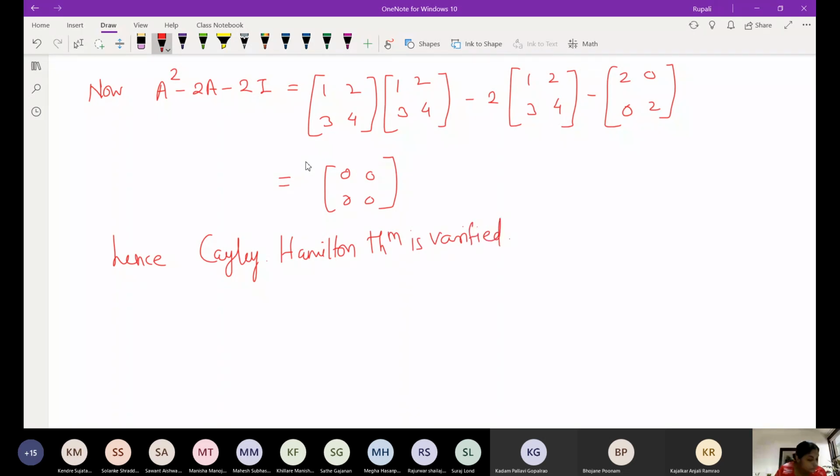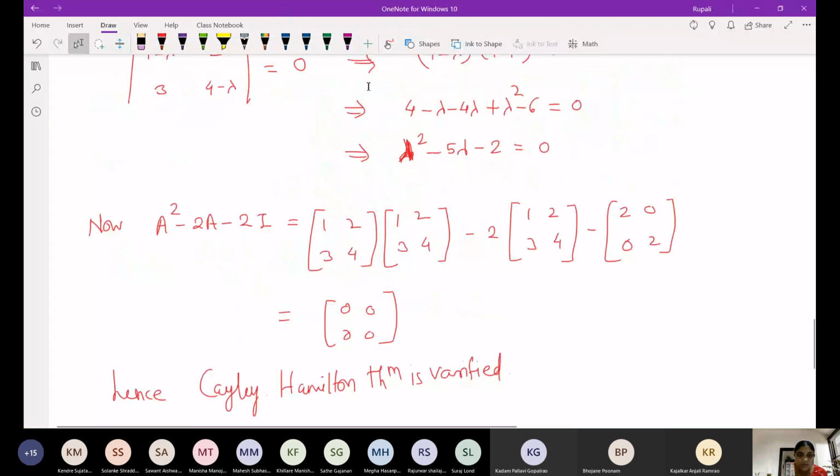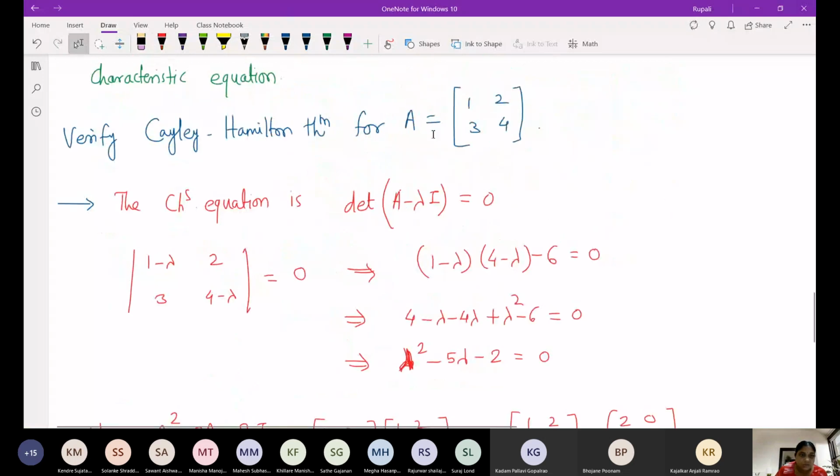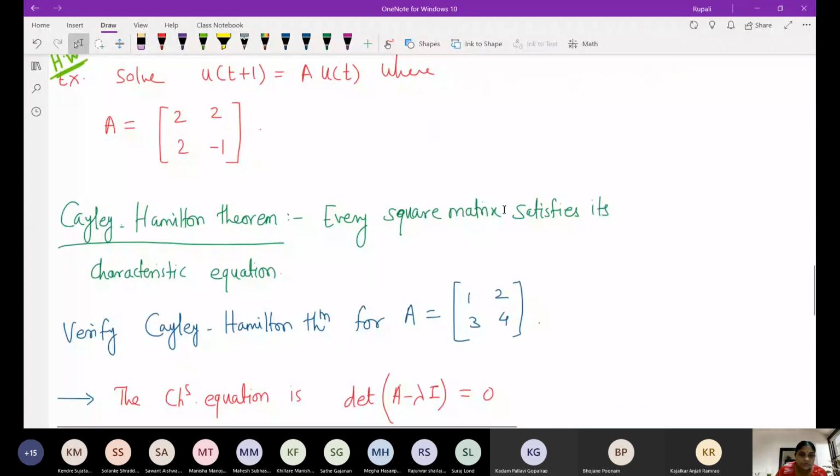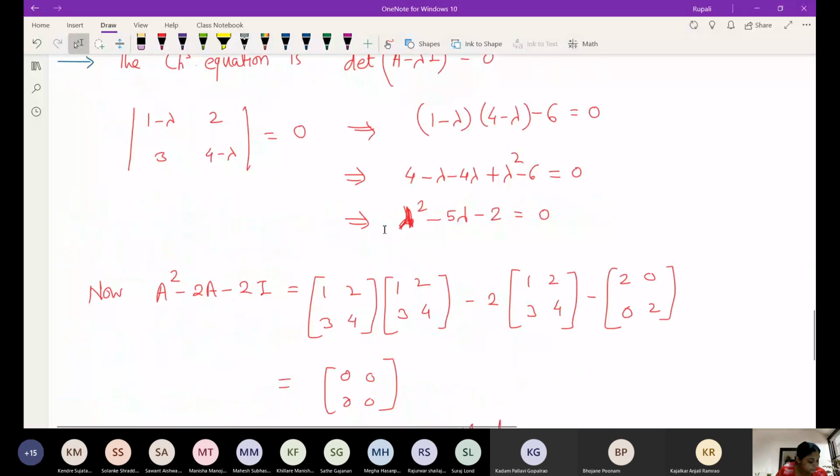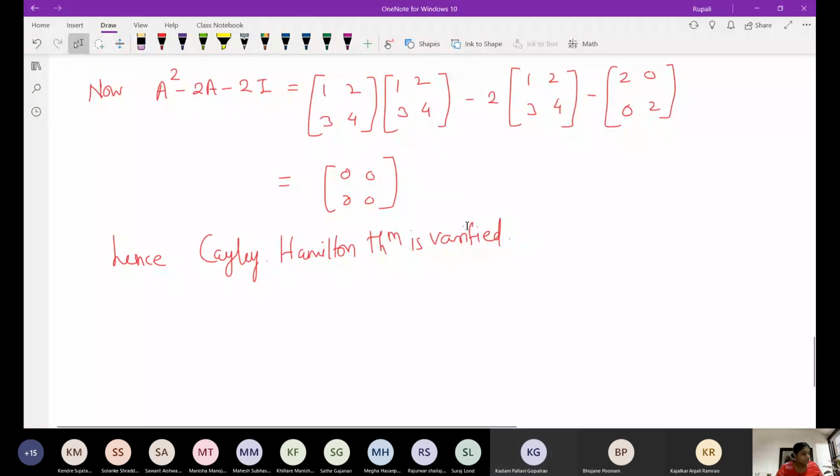Is that okay? This you already did in your linear algebra course. Okay, here we have to use the Cayley-Hamilton theorem. Using Cayley-Hamilton theorem, we have to use different results. Okay. Yes, ma'am. So